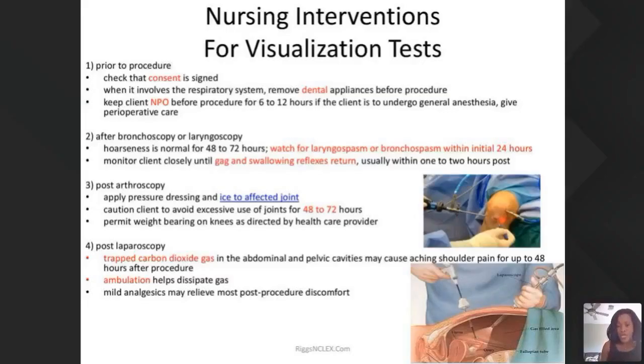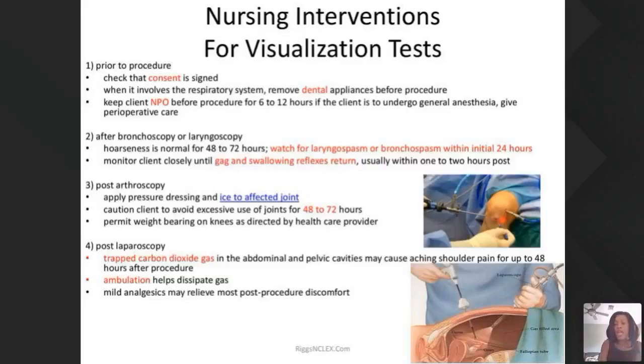Arthroscopy is via the joint. So post an arthroscopy, we want to always put ice to that joint. And then we also need to tell the client they don't want to do any type of excessive exercise using that joint. For a good 2 to 3 days, you need to heal post something like that. We're using, obviously, here in the picture, a large bore needle. So avoid some weight bearing to that joint until you heal. Whenever you do procedures